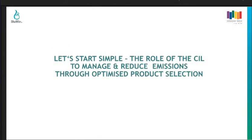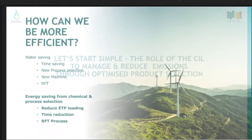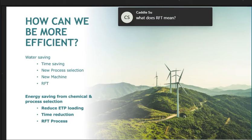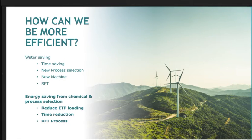So for energy, we wanted to look at the role of chemicals in the energy saving of a chemical process selection. How do you reduce the energy consumption? Of course, including the ETP loading, for example, because a large amount of energy is also spent in the treatment. So we are not just looking at the process time alone or process energy efficiency at an overall facility level, but we also need to look into the granularity of how a chemical is impacting the process,